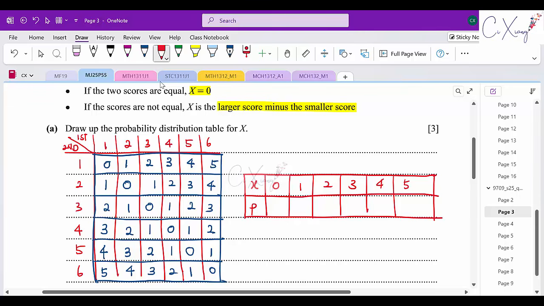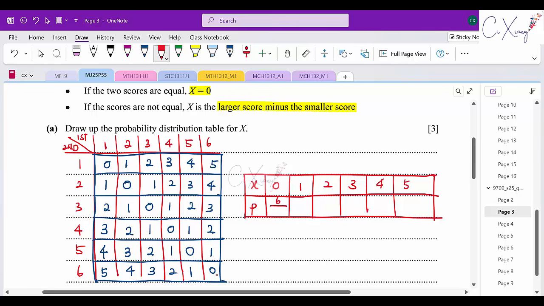Then for the next row, I want to put in the probability of every single value of the x. To get the probability, you just count how many times 0 appears in the blue colored cells here. You can see that the 0 actually appears 6 times, right? 1, 2, 3, 4, 5, 6. So it will be 6